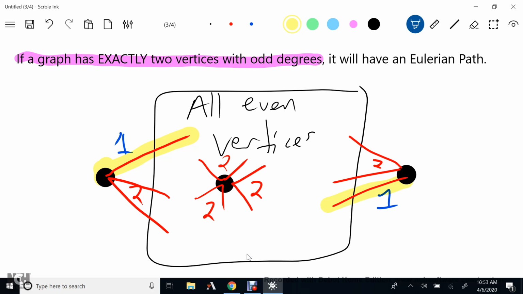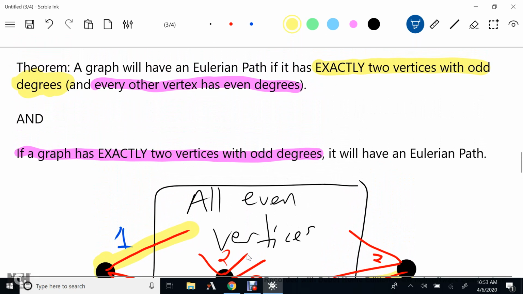And that's what you're going to play around with this week for the first assignment, is finding Eulerian paths or saying whether Eulerian paths exist. And again, it just comes down to the number of odd degrees. You need to have exactly 2 to have an Eulerian path,